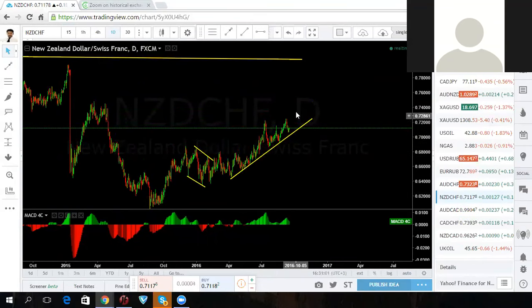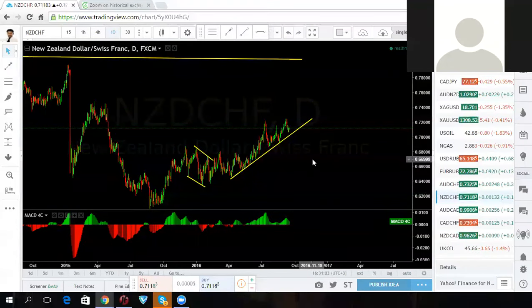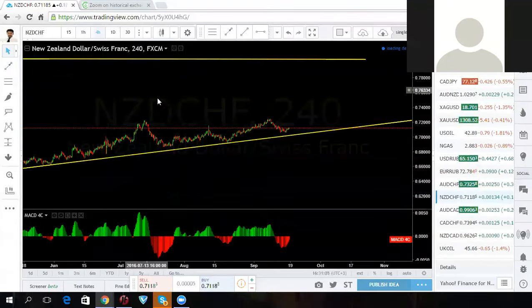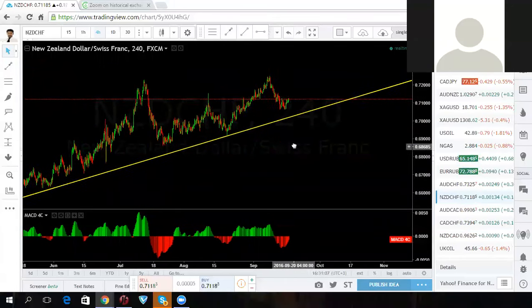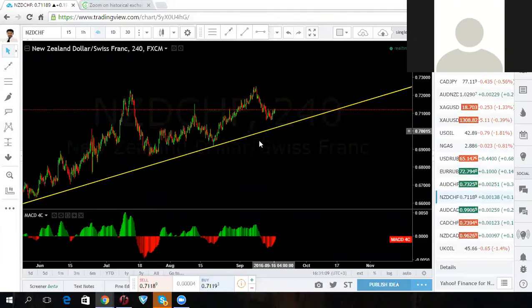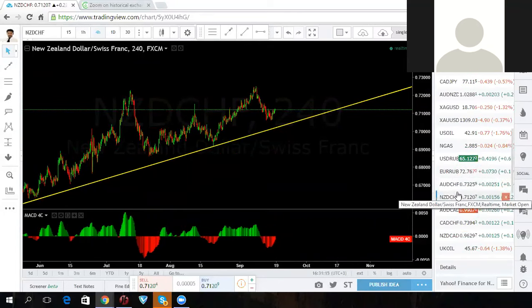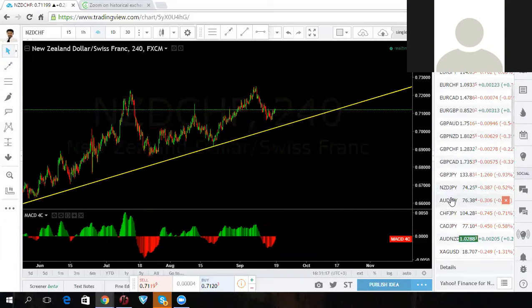And this may even keep going up because they're making higher highs. So potentially you may look for more upside, and you don't have a sell until it breaks the structure, until it breaks the trend line and consolidates. So for the Swiss trade, the only one that potentially looks downside for us is the Euro Swiss and the